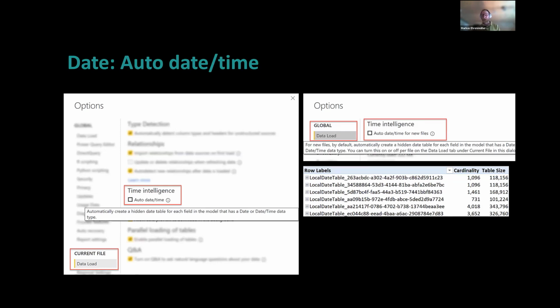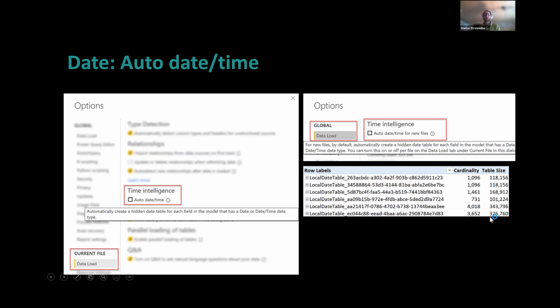The issue here is it's looking at all of your columns, and for each and every column, it looks up the lowest or oldest date and the newest date, and for all the days in between, including the 1st of January for the oldest year and the 31st of December for the newest year, it will create a table for you. So it just created one with 1,000 rows here, another with 1,000 rows here, which is like 3 years, right? Then one with 4,000 rows in here. And you see the table sizes.